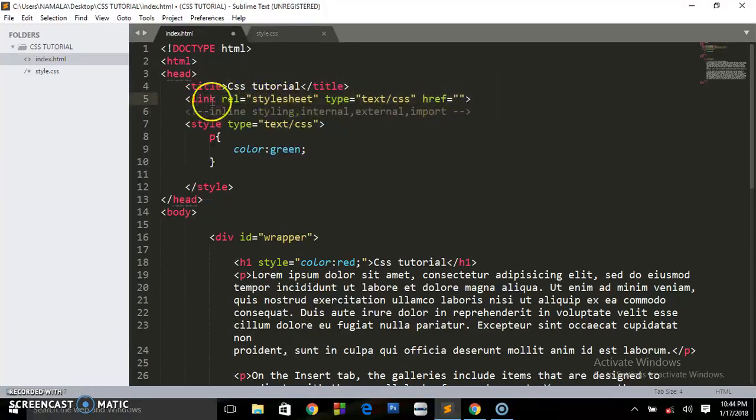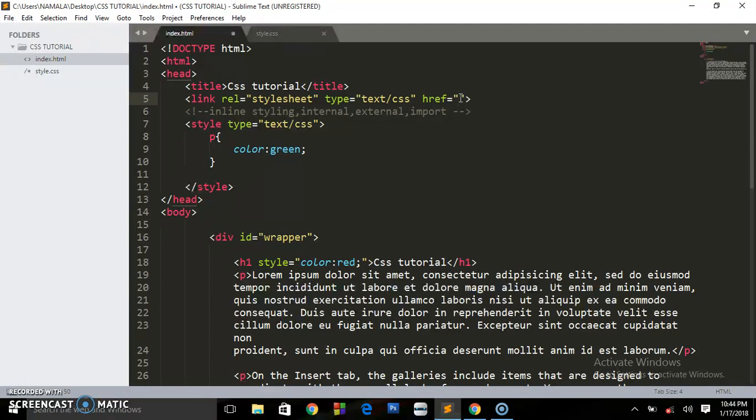So here we are saying link, and the rel, a relationship, is stylesheet. For the type, it's going to be text/css, and for the href, the hypertext reference,